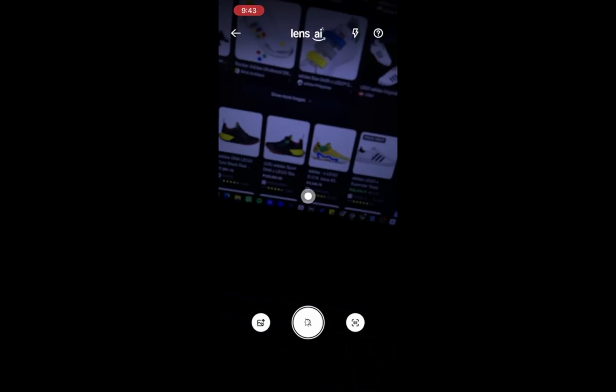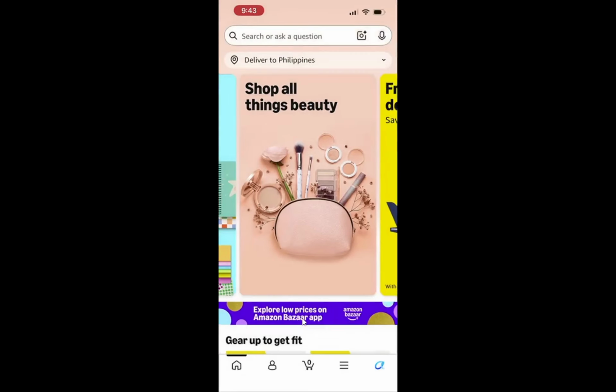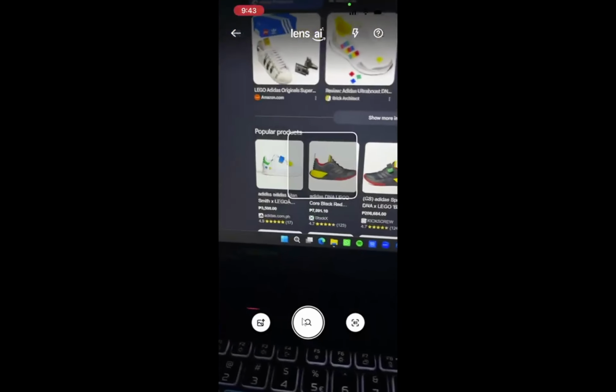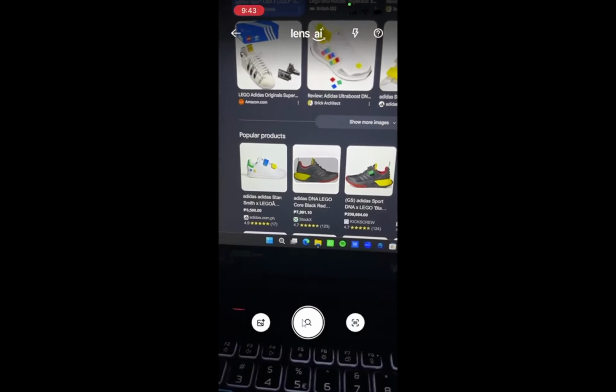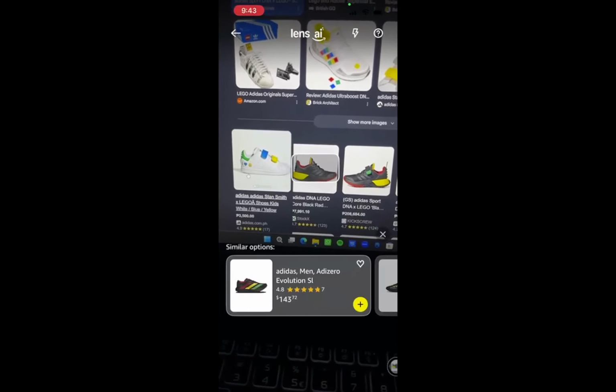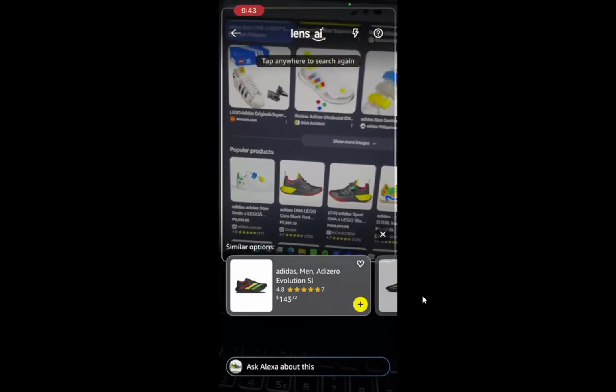At this point, you can choose between taking a new picture or using one you already have. Choose either Take Photo or Upload Photo on the camera screen. Take Photo lets you snap a fresh image, while Upload Photo lets you pick from your gallery. This choice appears as large buttons at the bottom, so they are hard to miss.